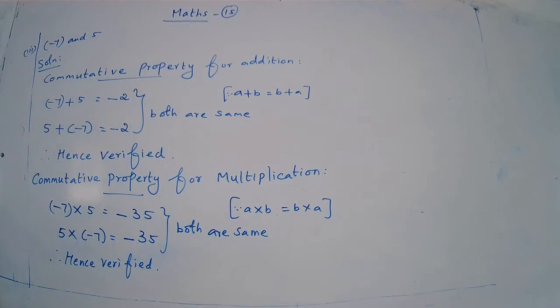Okay children, now third one, rational numbers are given. So do carefully. Rational numbers are there, denominators are also different. So we follow any one method, LCM or cross multiplication method. Are you clear? Yes, so do the homework yourself. Okay, we will see in the next class. Thank you.